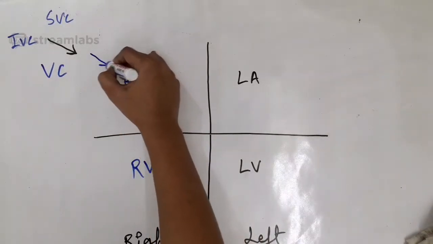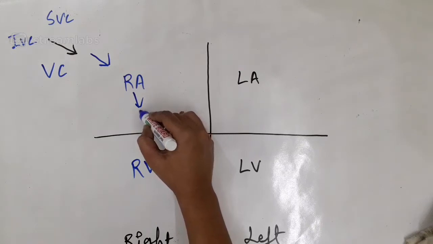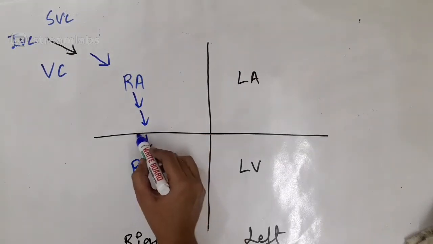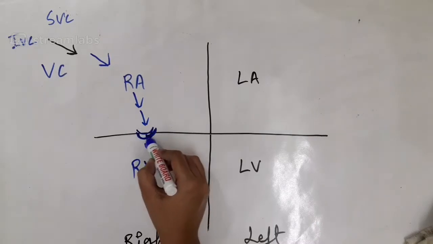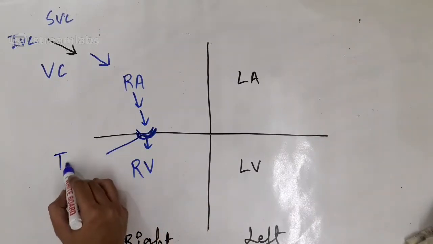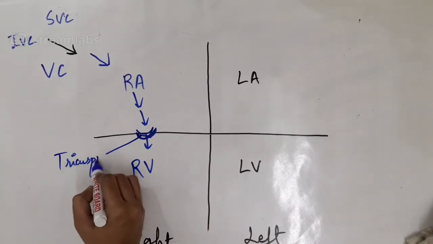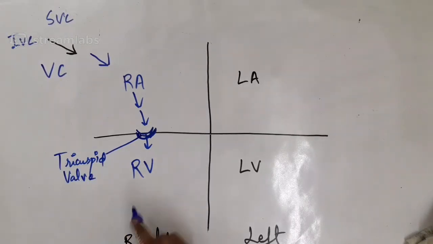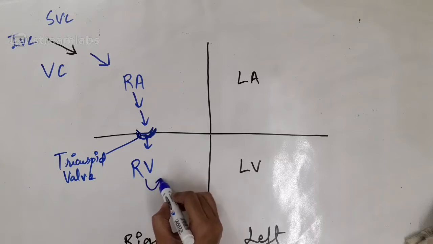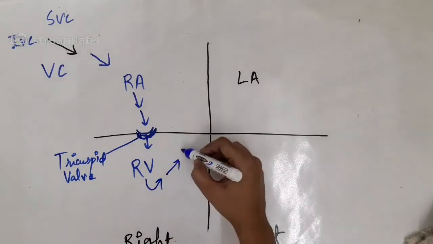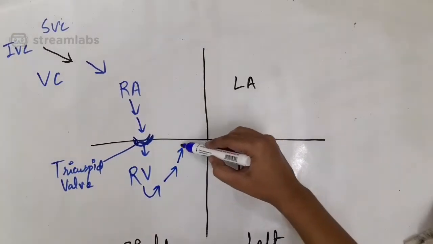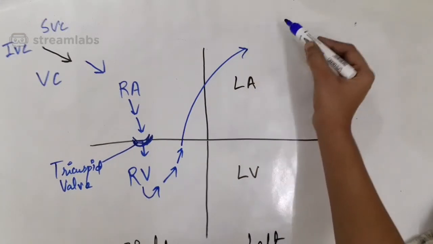The impure blood enters into the right auricle and goes to the right ventricle through a tricuspid valve. From here the right ventricle pushes the blood through an artery into the lungs,